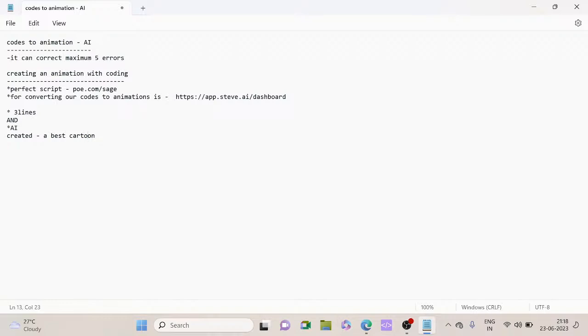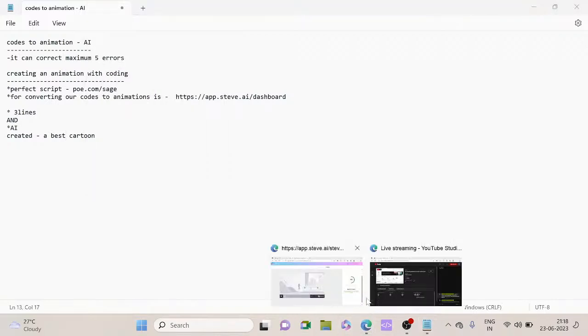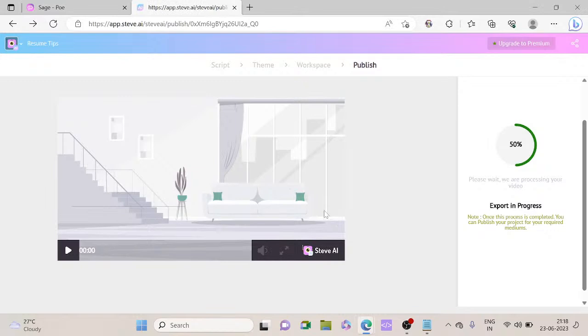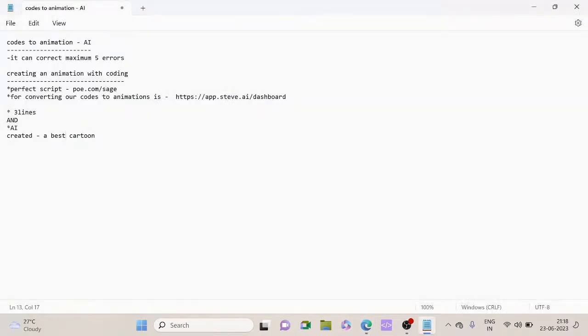I have heard that you are going to attend the Facebook exams also. So if there is any question like making an animation with AI and codes, you can use this and it will surely save your time. When we are using some other normal codes, it will take more time than if we are typing